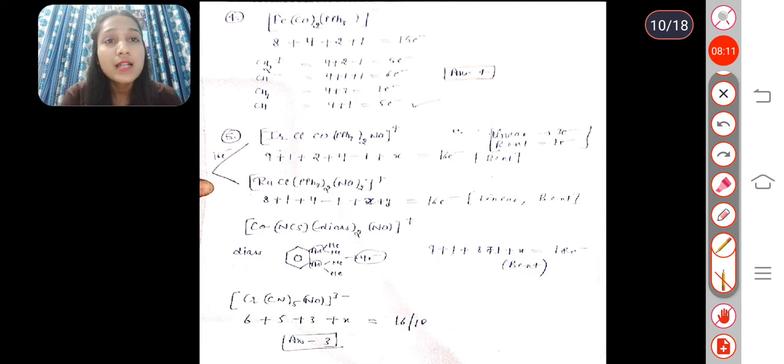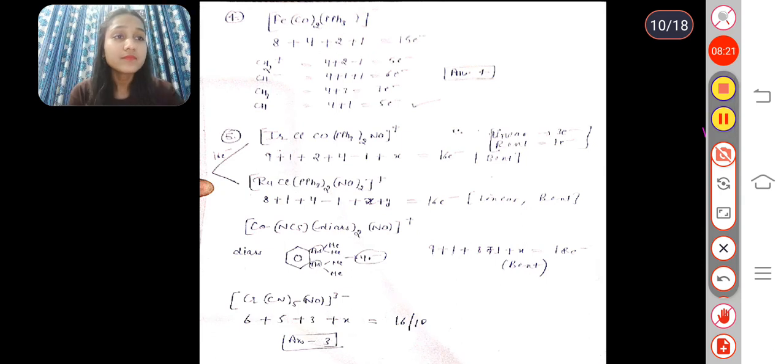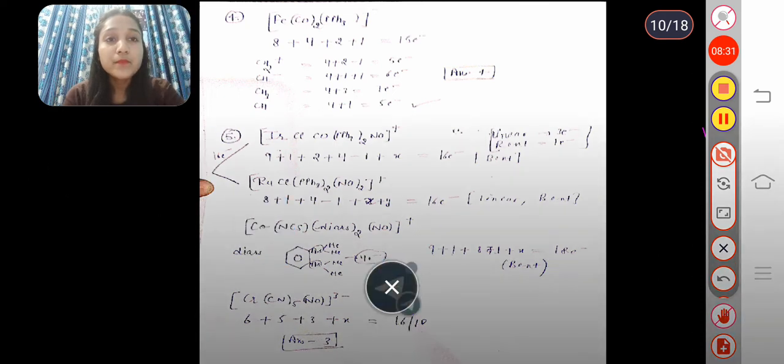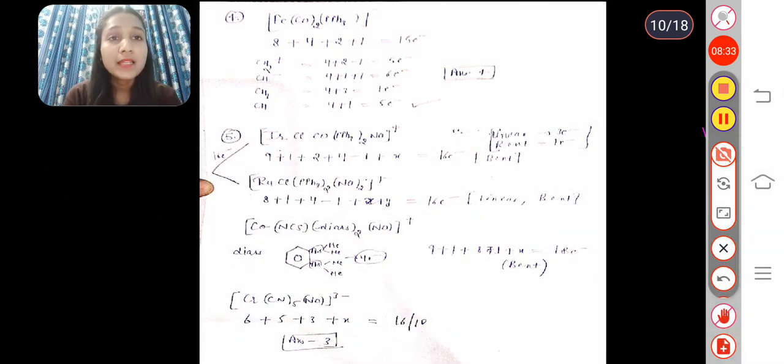Now our options are CH2 plus. For C we have valence electrons as 4. So in our question the first option is CH2 plus. For carbon the valence electron count is 4. For 2H it is 2, and there is a plus charge, so minus 1. So we have 5 electrons here. Similarly in all the cases, in the second option we have 6 electrons, in the third option we have 7, and in the last option we have 5 electrons.